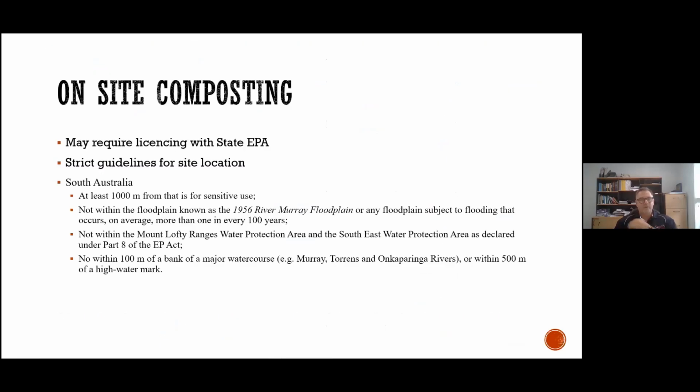On-site composting is another option. You may require licensing with your state EPA, depending on the volume of product that you're trying to compost. There are also strict EPA guidelines for site location. For example, in South Australia, you need to be at least 1,000 metres from a sensitive use. So we've got floodplain requirements, restrictions, Mount Lofty Ranges water protection area, or not within 100 metres of a bank of a major water course. So there are environmental requirements in terms of composting. That's just the South Australian one as an example. So composting,